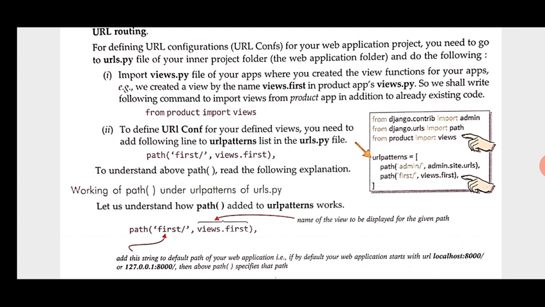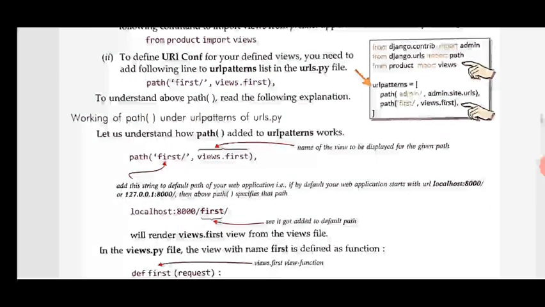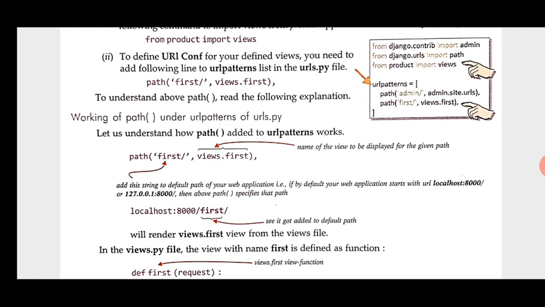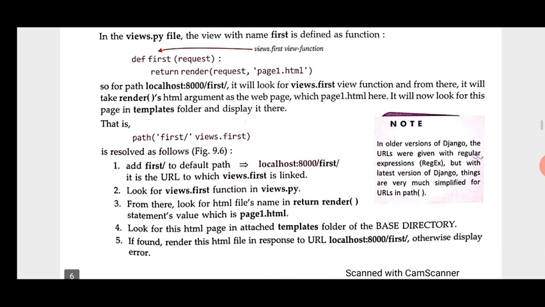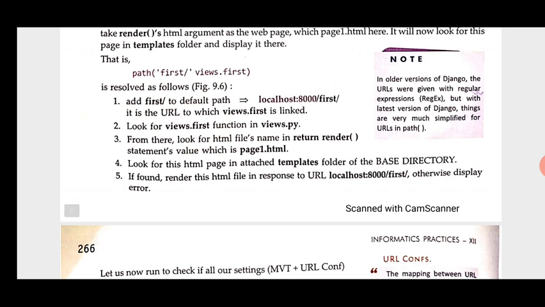So the mapping between URL path to views of a Django project is called URL conf or configuration. After doing all these things, we need to run and check whether the project is working or not. So these are the 4 steps needed, and these are all part of the project work.